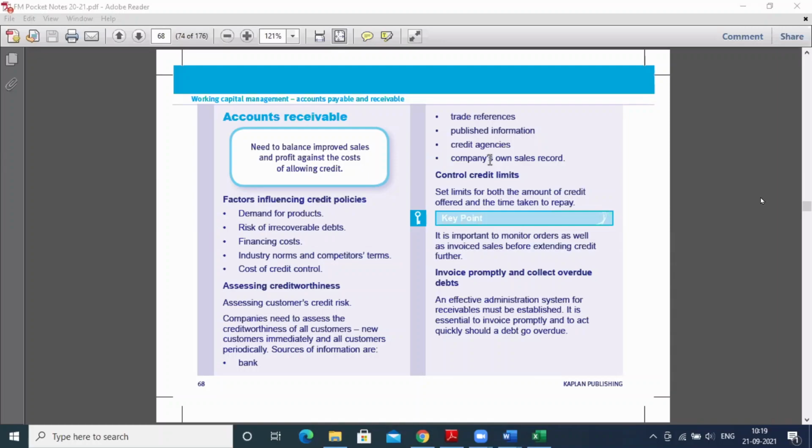Now, assessing the credit worthiness. Here it is very much important that a company needs to assess the credit worthiness. Now, let me ask a question. Is it preferable that the task of assessing the credit worthiness of the customer be given to the sales department, or should it be done by a separate department? Generally, the sales department will sell the goods, right? Now, can we consider that the sales department should assess the credit worthiness? Separate department. So, Srivardhani thinks separate department.